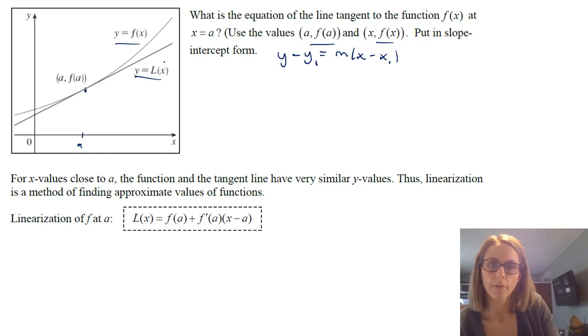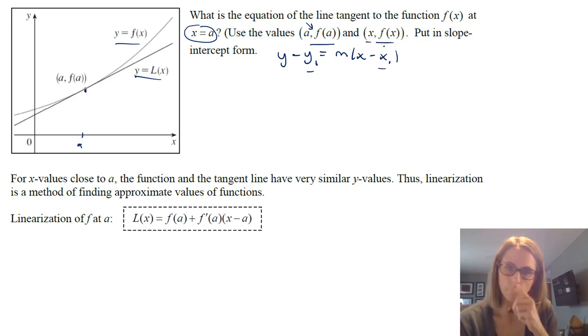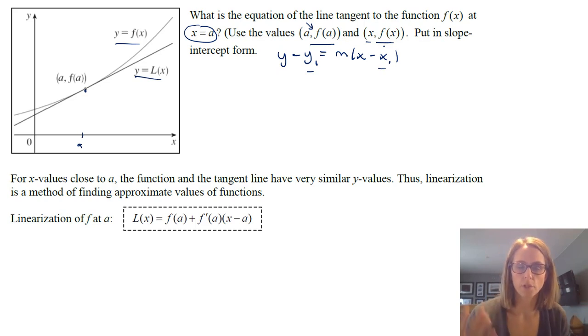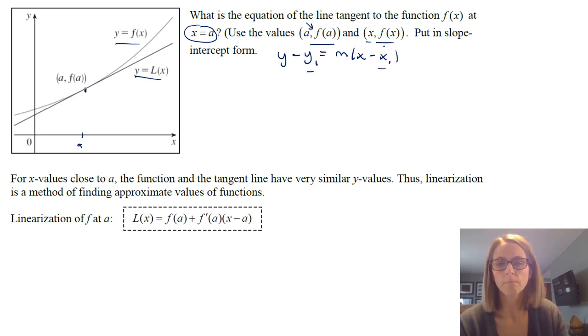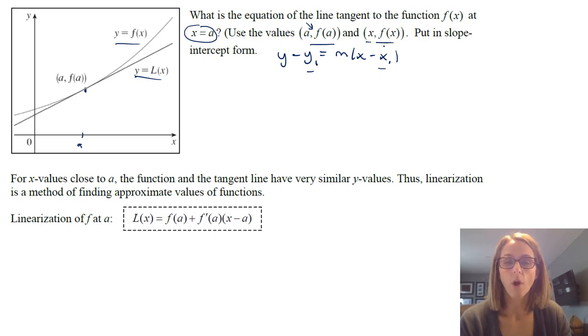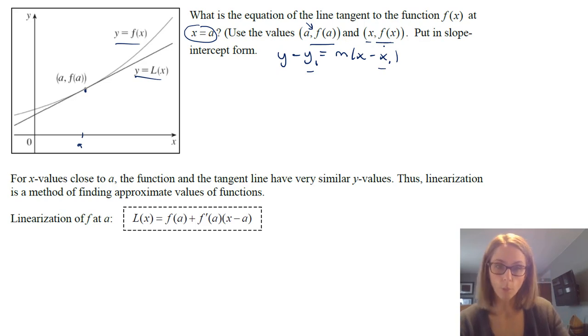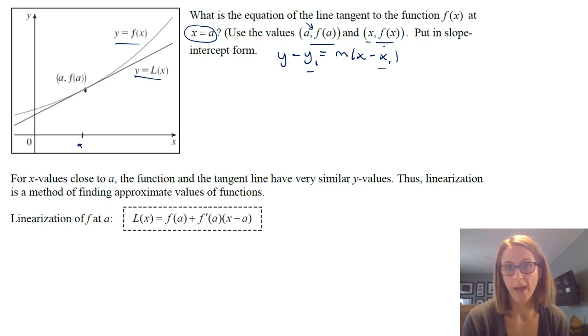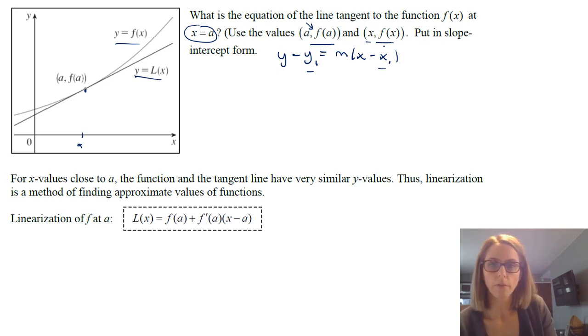We are talking about at the value x equals a. So this is our point right here, a, f of a, that's x1, y1. And then our x, f of x is essentially our x, y here. They're just the general other values on the function. And our derivative, or our slope, would be the derivative of the function at a. So if you can take that all together, if you want, you can pause it and take a moment and see if you can write them down.